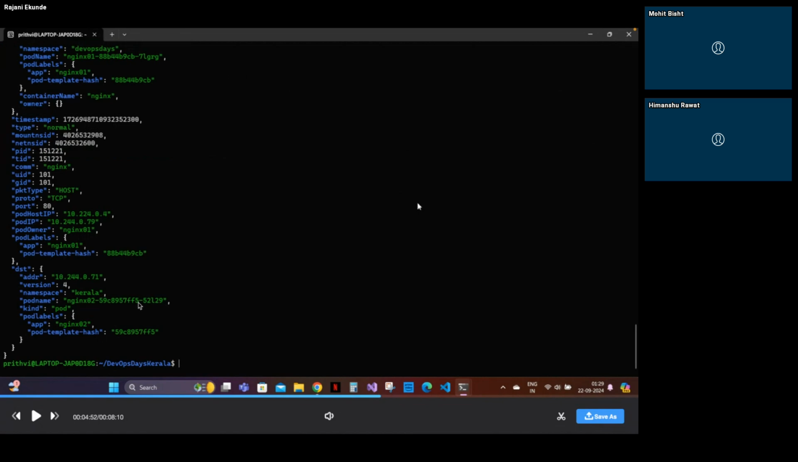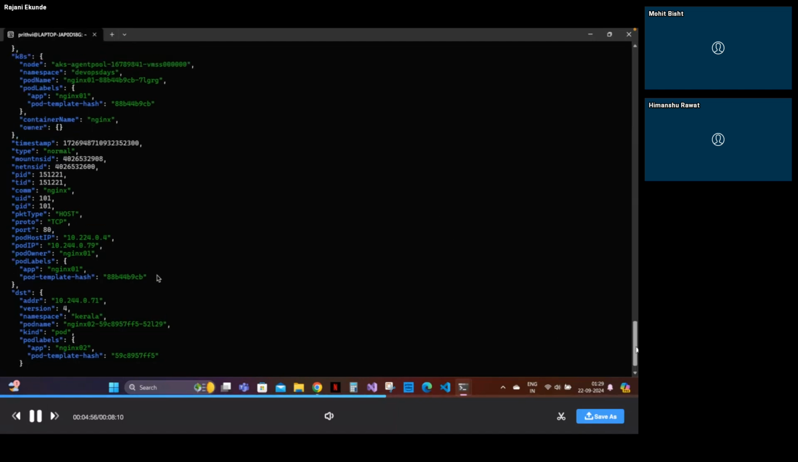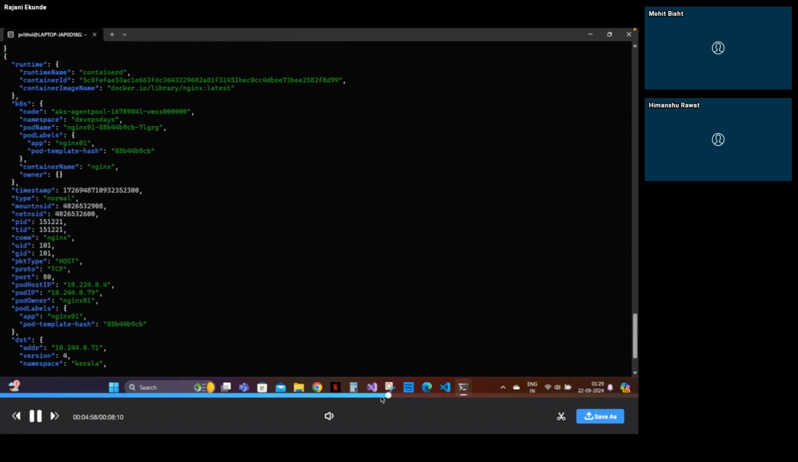Okay, so this is the policy that got created, and this generated network policy will allow only traffic to travel from Nginx 02 in the Kerala namespace to Nginx 01 in the DevOps namespace, which is basically on port 80. So this is how we simulated the traffic between these two different namespaces. And once we are done with creation of this network.log, if you see the previous command here,